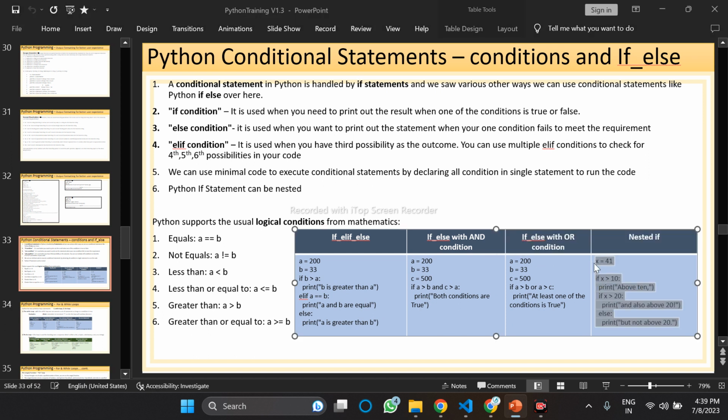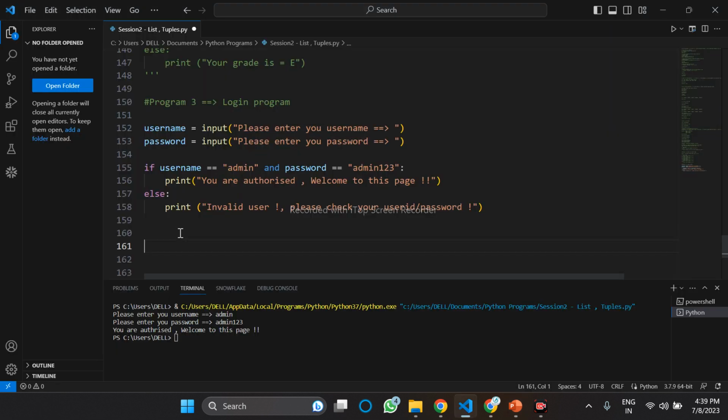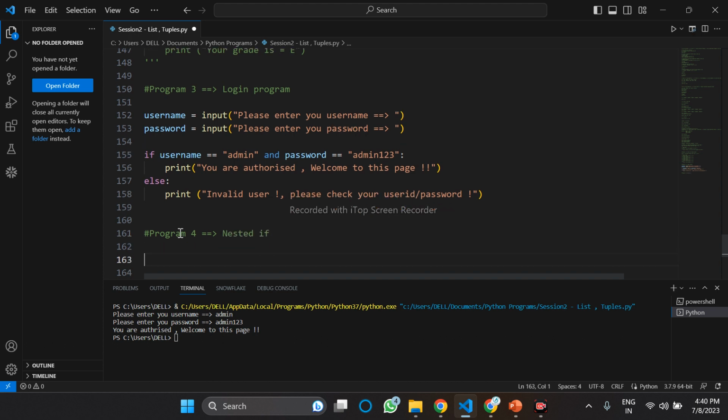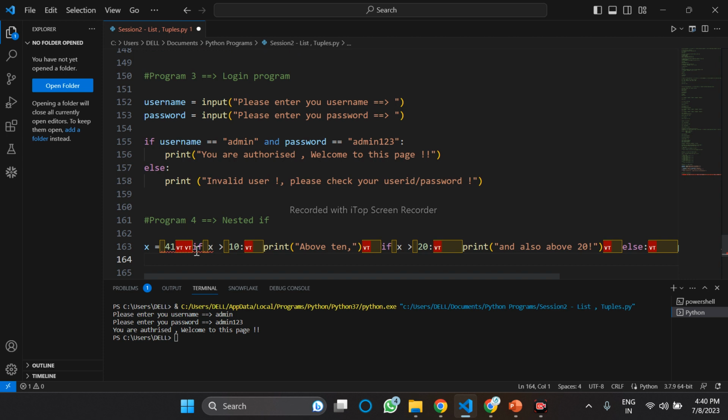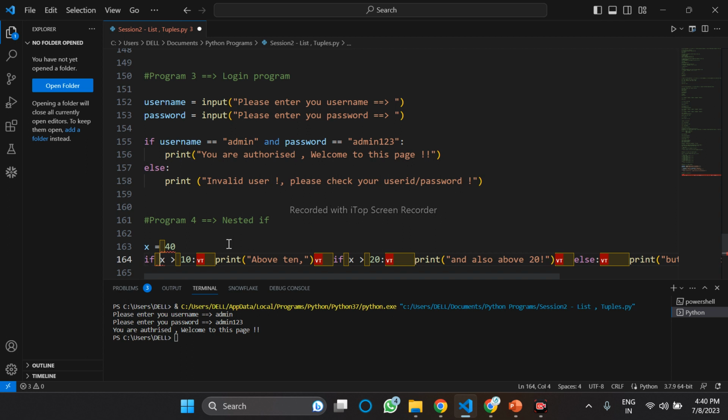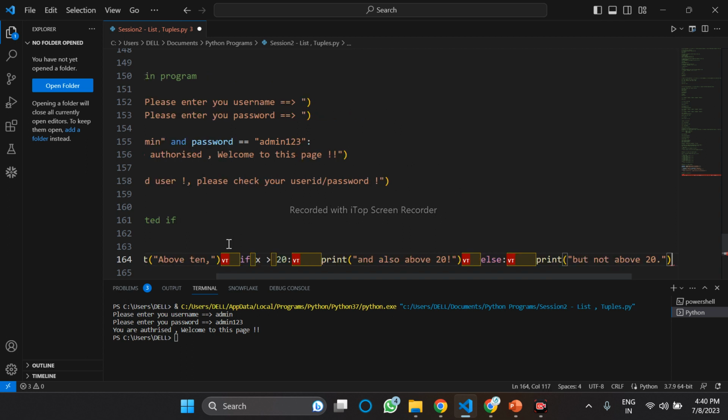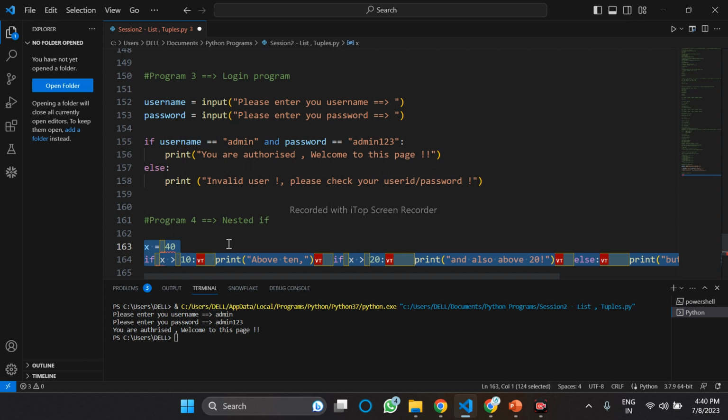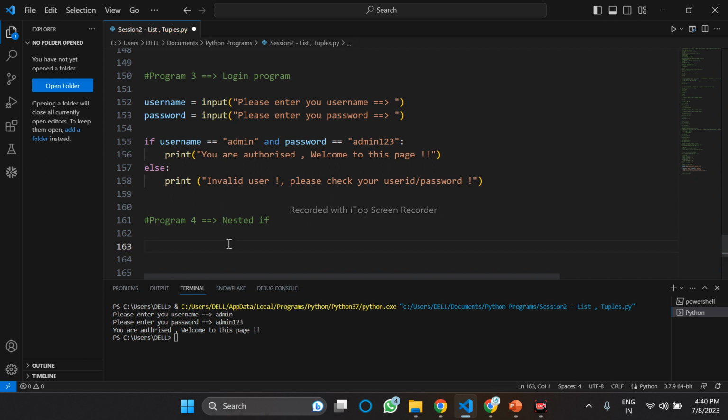Let's execute program 3. Program 4. Nested. Oh, copy and paste is not working. I'll just write it. Leave it. Okay, so x was 40